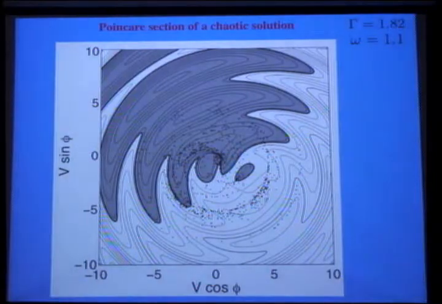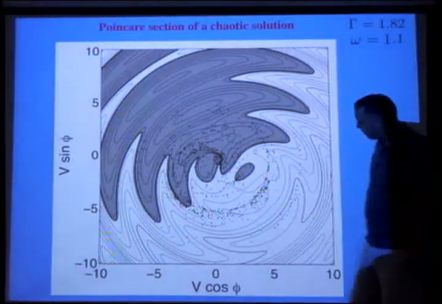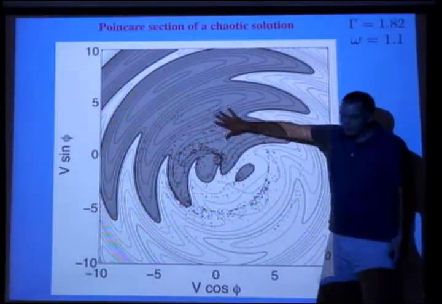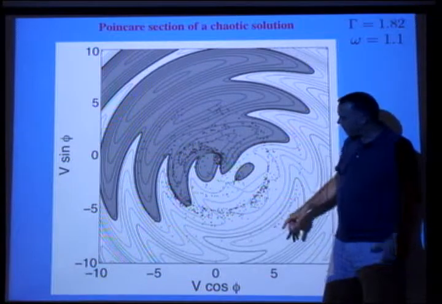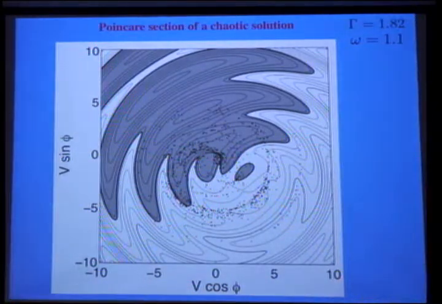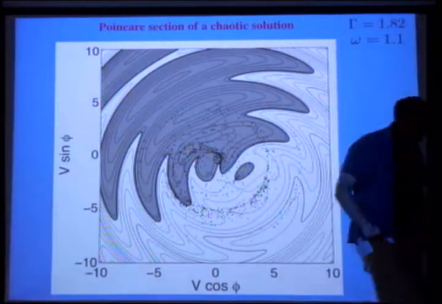Okay, and so the Lyapunov exponent I've changed. We had V versus phi. Now for some reason we've gone into polar coordinates, but in any case, this is again the place where it gets energy. This is the part where it loses energy, but you can see that it's basically filling the map. So this thing's bouncing all over the place.